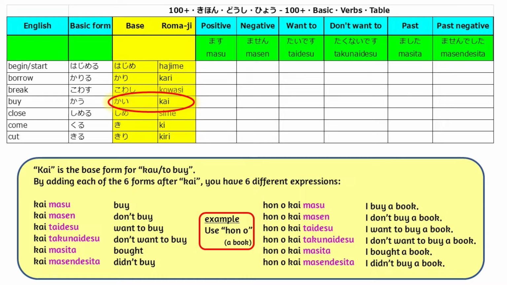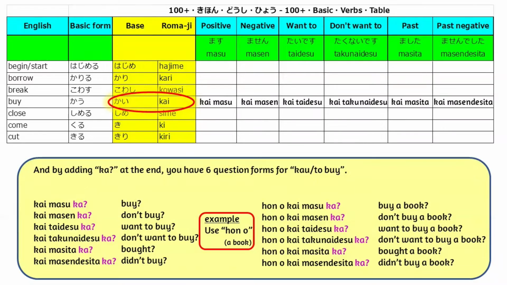Let's make a short sentence for each form using the word book. 本を買います、本を買いません、本を買いたいです、本を買いたくないです、本を買いました、本を買いませんでした。